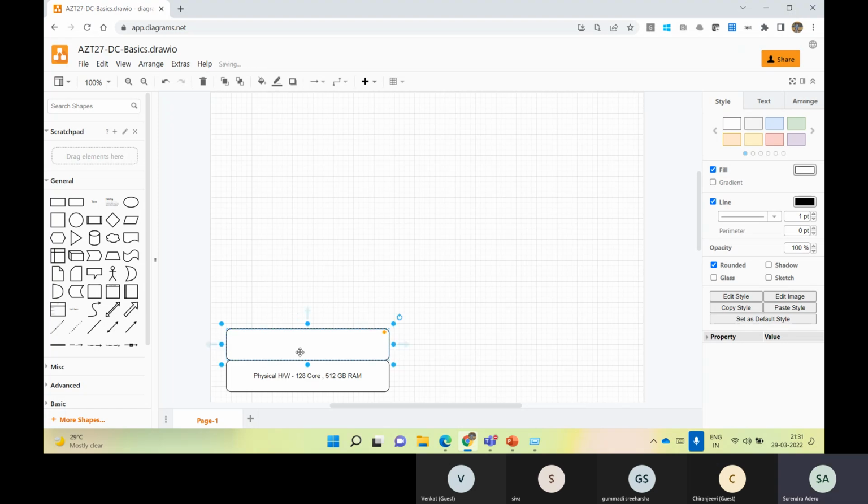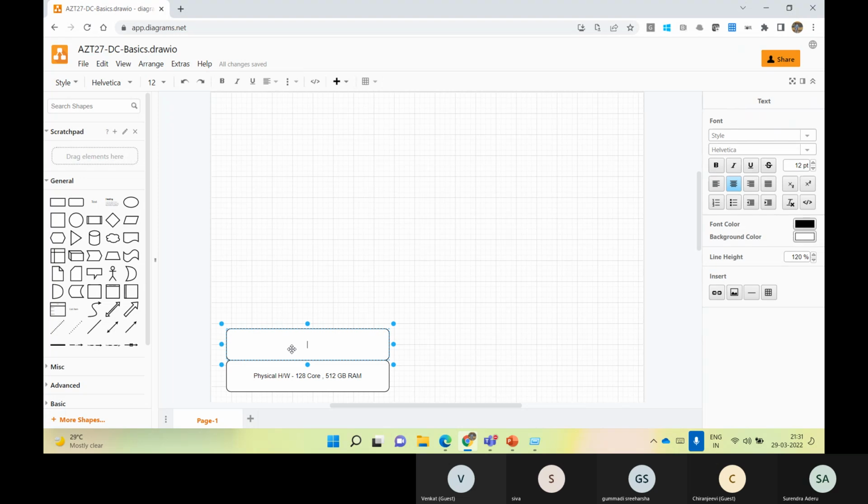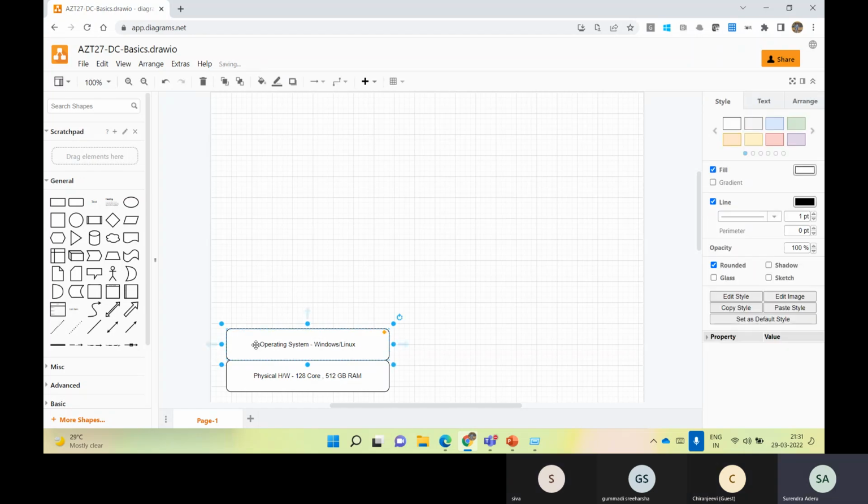What do organizations typically do? They will install the operating system, correct? It can be Windows or a Linux operating system. Till now it's clear, guys. It's similar to your physical laptop or the CPU which you have been holding, where you install an operating system, Windows or Linux. Is it clear? Yes. Now, on top of this operating system, what will typically happen? What will we do?